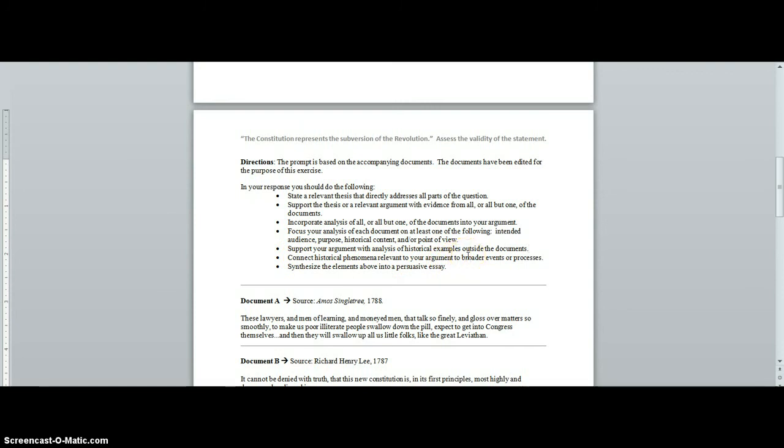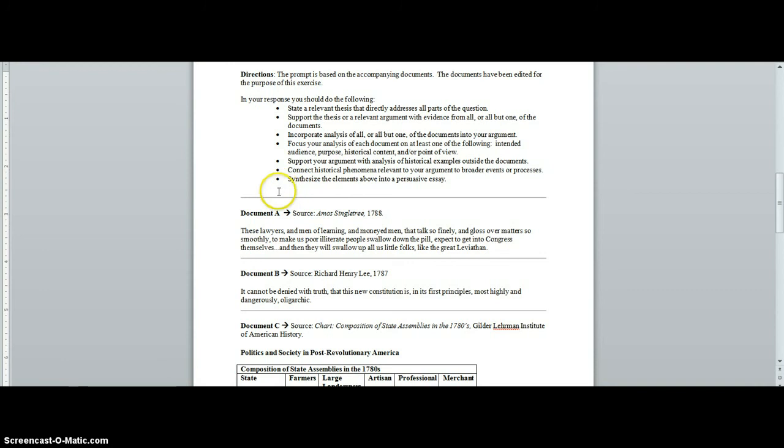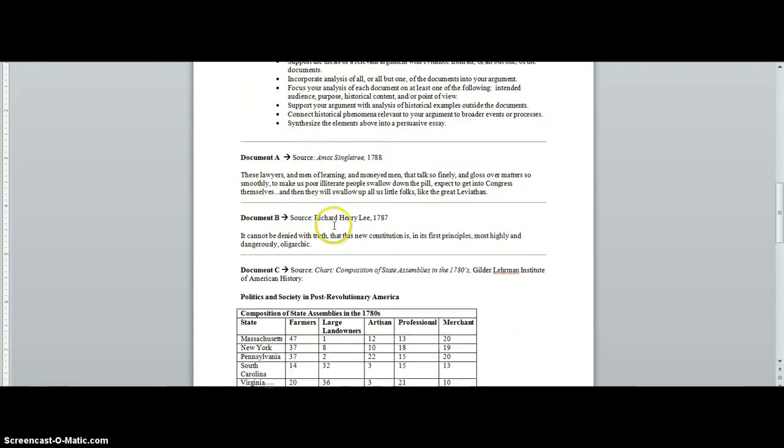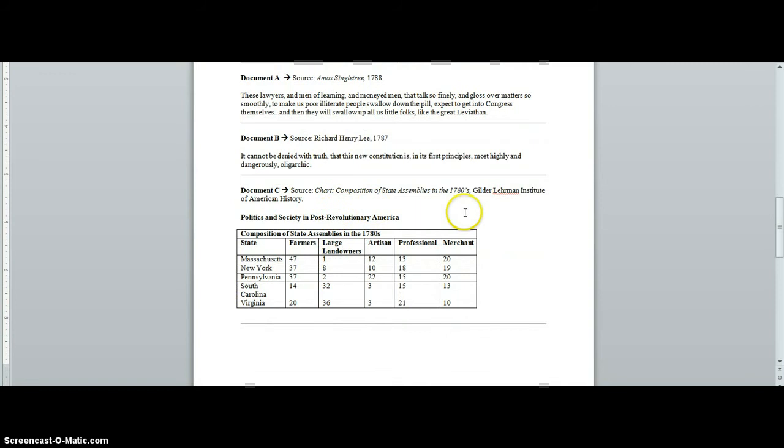You are to synthesize the elements into a persuasive, or rather argumentative, essay. And these are your 7 documents. Okay, Amos Singletree, a document from Richard Henry Lee, a chart from the Gilder Lehrman Institute about the makeup of